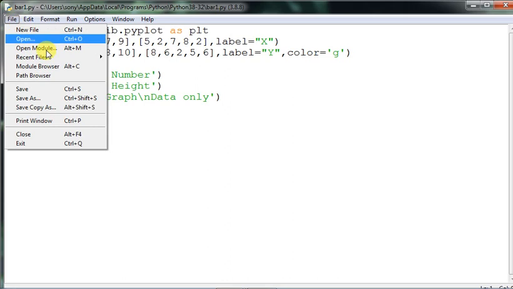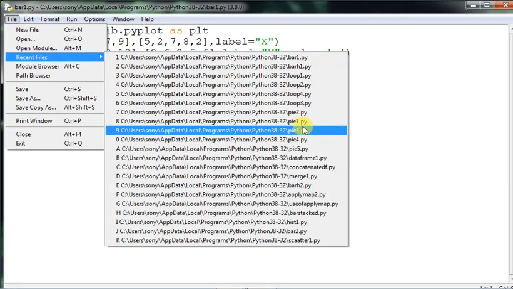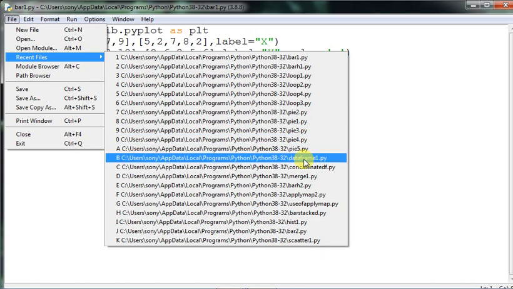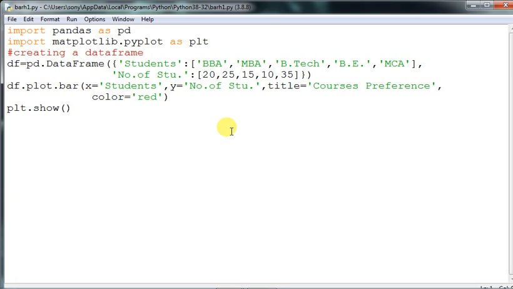First of all, let us go to the program which I had already developed. I will open bar h1 first. Here you see a very simple data frame. From the data frame it has been made. Here you see how these things have taken place, with color red. First of all, the bar has been given. Let us see the execution of this one.